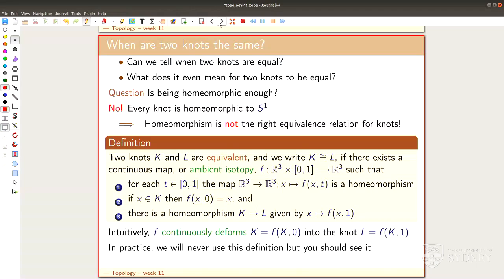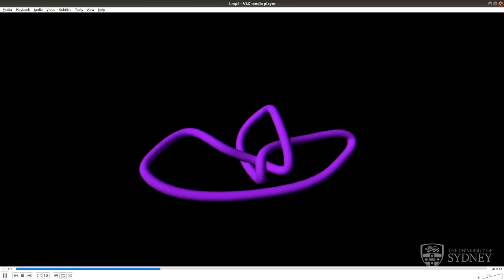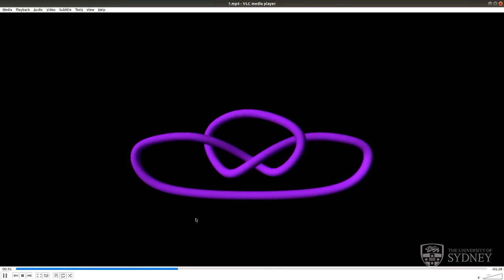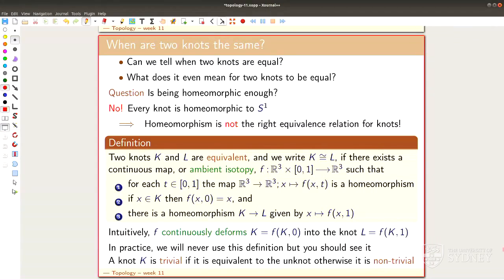And it's harder to write down than you would guess it is. Of course, the slides are online if you really want to read it, but you will never see this definition again, and you don't need to remember it. The point you need to remember is that homeomorphism is a wrong notion, and what we do is we just pull the knots around exactly as in my little video here. So let me just move a little bit to here, so I can do all these operations. That's how it's built. And it will give the same knotty object. Let me just end here